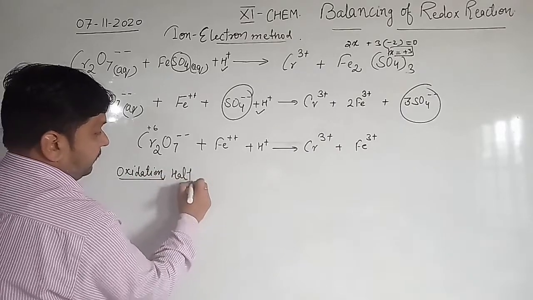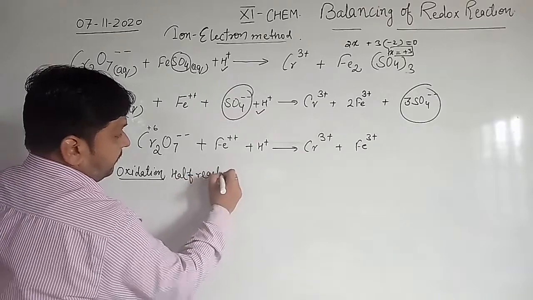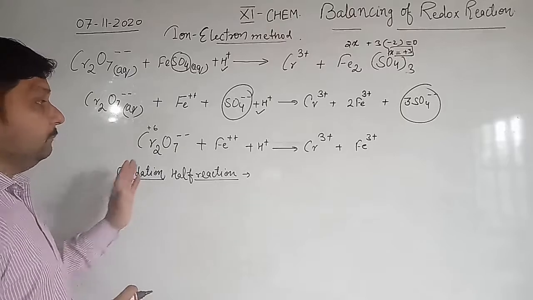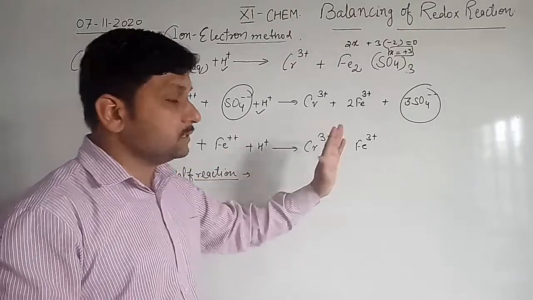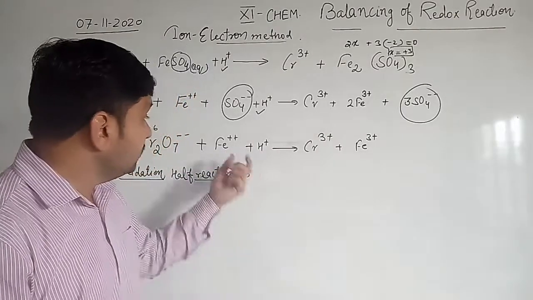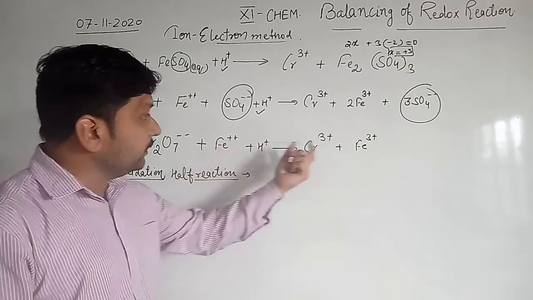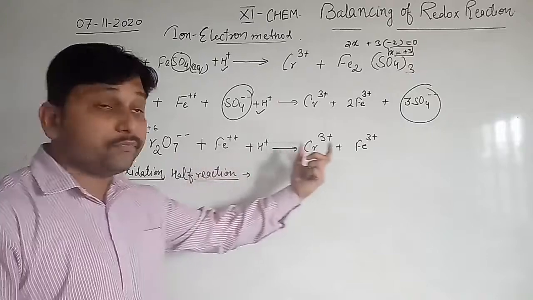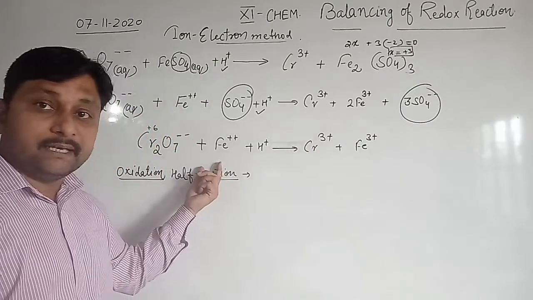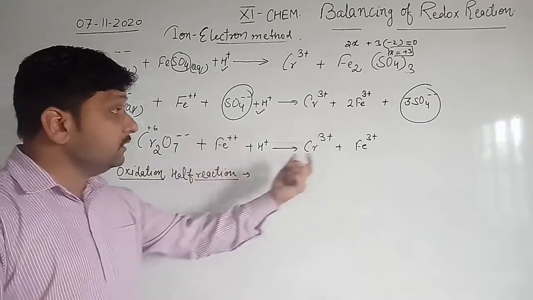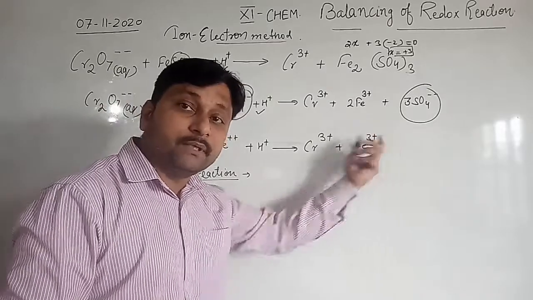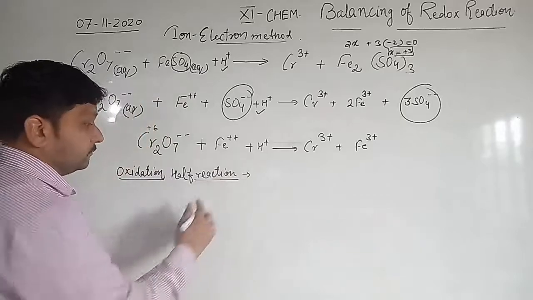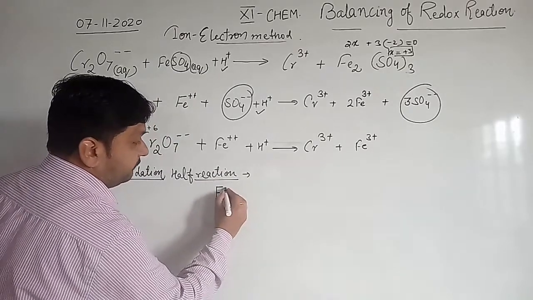Oxidation half reaction. So which compound undergoes oxidation? Fe2+ converts into Fe3+, which means the ferrous ion is oxidized to the ferric ion. This ferrous ion with the +2 charge converts into Fe3+ by oxidation. So first of all we will write here Fe2+